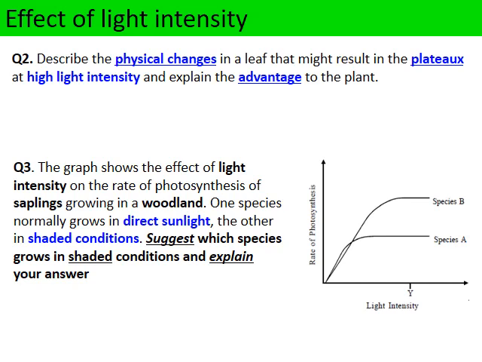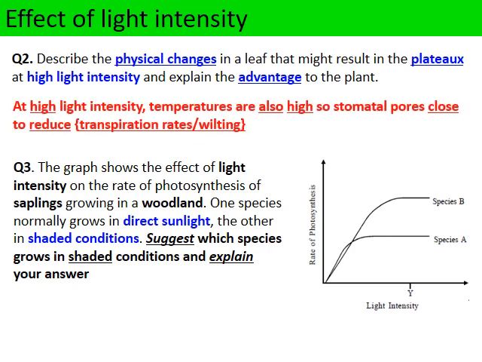Now, another question we might see is what could be the physical changes in a leaf at the point where the rate of photosynthesis plateaus at high light intensity? And why would that be an advantage to the plant? Well, we just mentioned that the stomatal pores do close at very high light intensity. And the reason that's important is that the thin film of water that surrounds the palisade and the